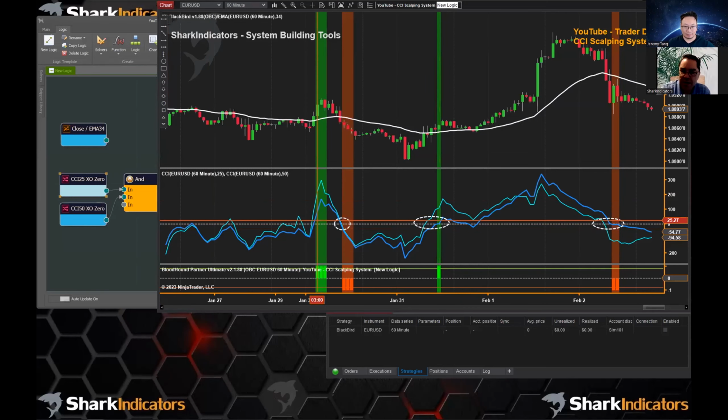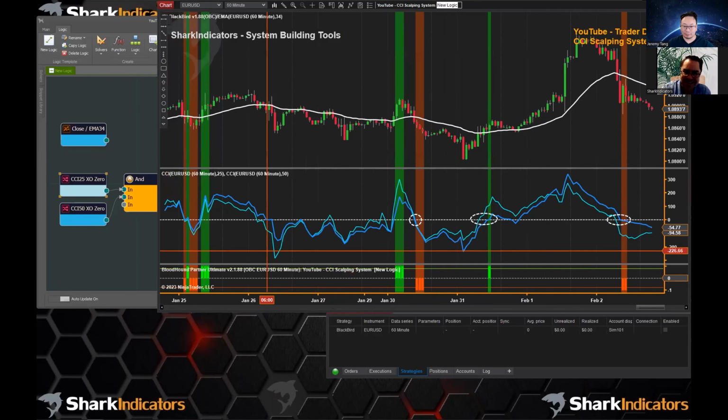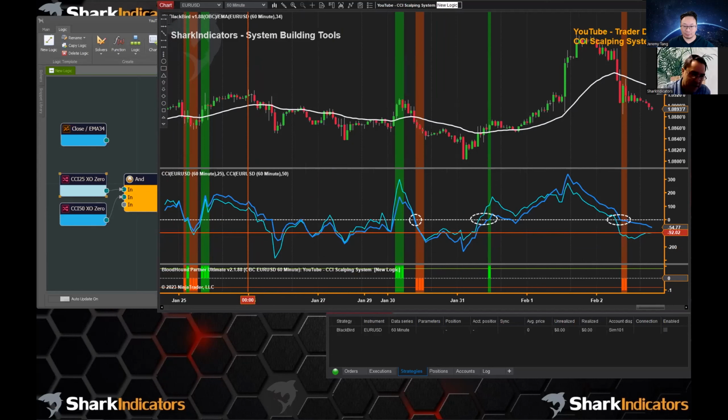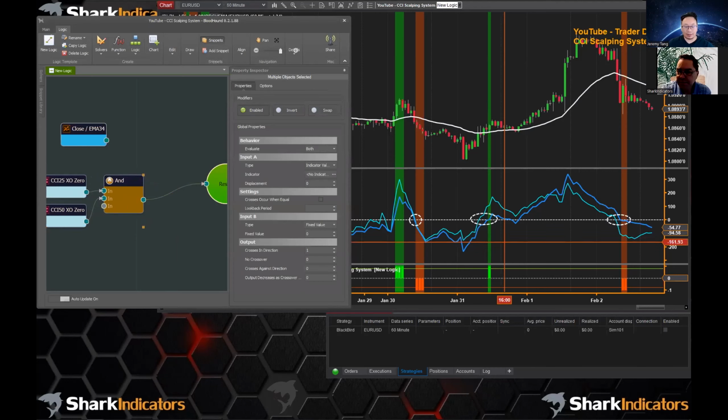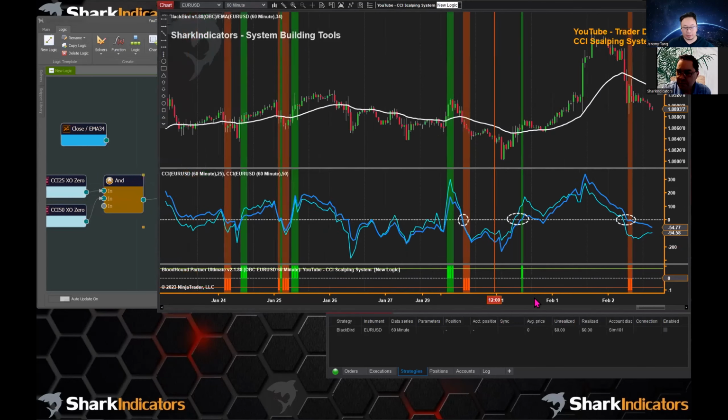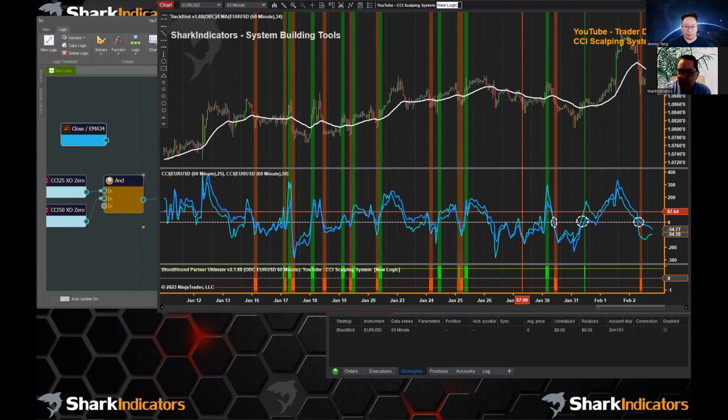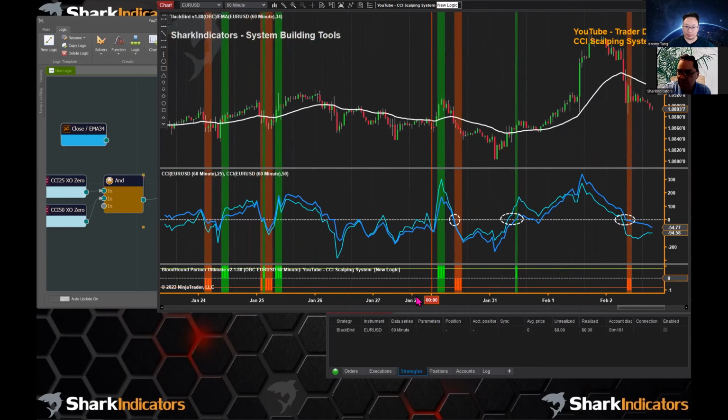The video on this system, unfortunately, leaves out one of the details, which is how much separation is good or bad between these, so you can fine tune that yourself and make that decision. But you see how quickly and easily that is done with Bloodhound. Literally, he was just making a couple of tweaks, and instantly you could see the results on the chart in terms of how that affects the signals.